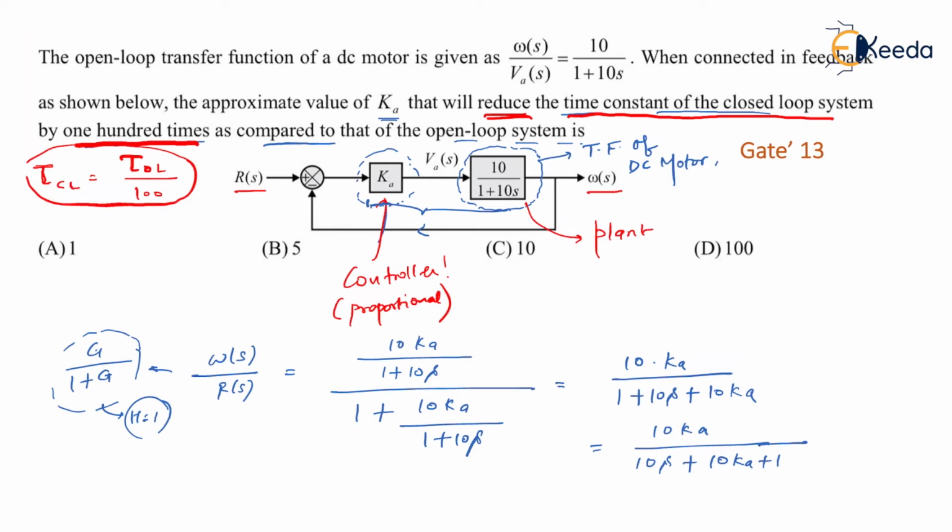But then we haven't seen what the time constant for the open loop system is. As you can see, this is nothing but your open loop system, which is this alone. Am I right? Ka is extra added so as to reduce the time constant. So the open loop transfer function, I can say, is just 10 upon 1 plus 10s. Or in fact, if you want, I can take this Ka over here, there is absolutely no problem, and then just compare the denominator with the 1 plus s tau form. So tau for the open loop system is equal to how much? 10.